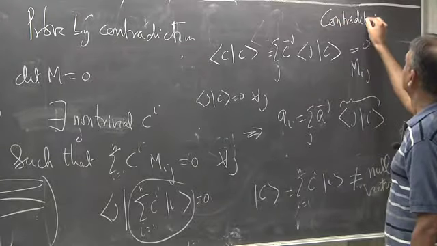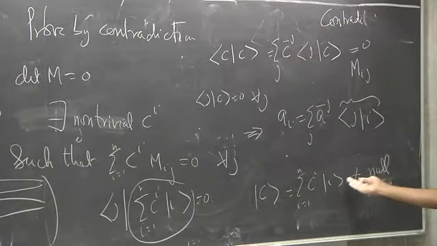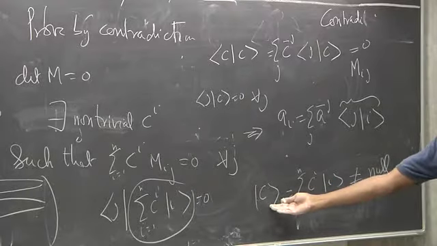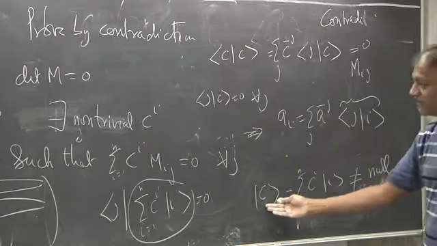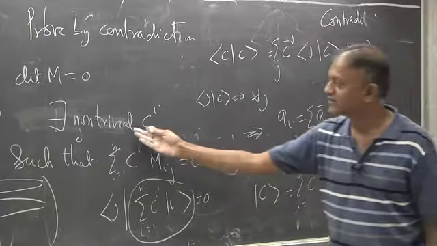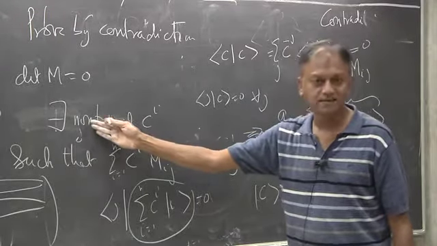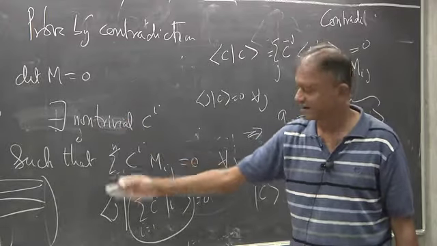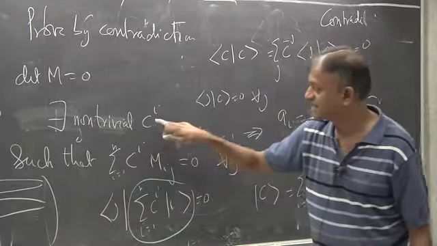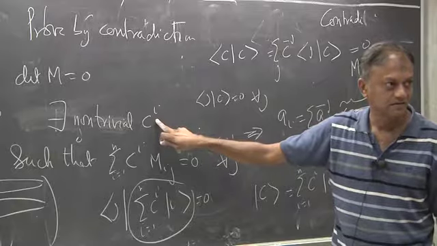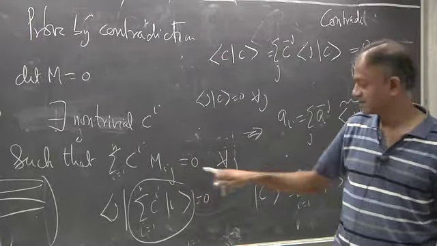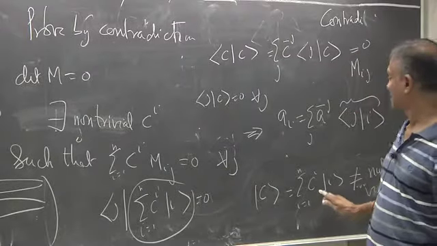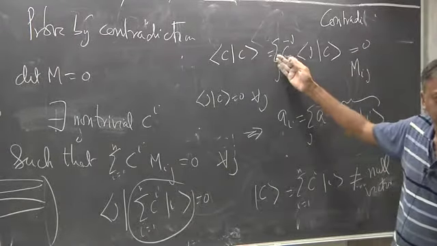Okay. Why? Because we are saying that C is not a null vector. If it was a null vector, this is fine, no? But we are saying this is not a null vector. And why are we saying it's not a null vector? Because of this thing, that these vectors are linearly dependent, right? So there must exist some non-trivial C's such that this is true, right? So this is not a null vector. But then there's a contradiction,